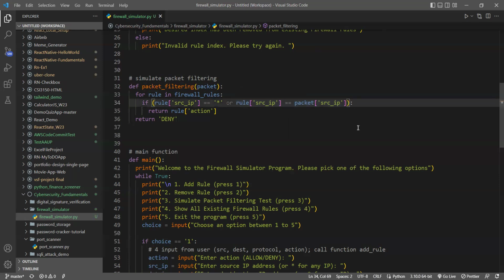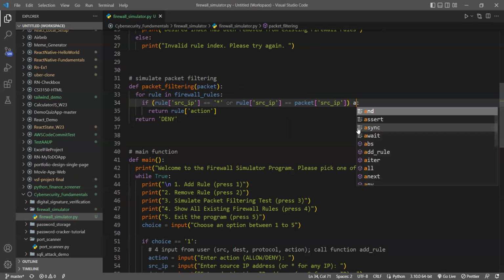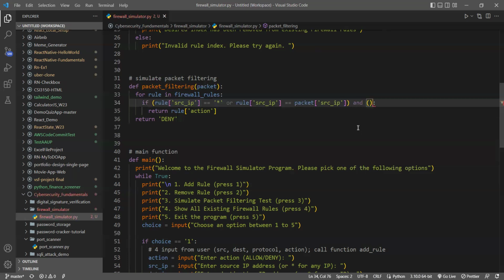Then we need to go to our next rule. So this is for the source. Now this needs to match for the destination and the protocol. So that means we will have two ands here. First for the destination, and then we will have another and, and this will be for the protocol. So now what I can do here is,